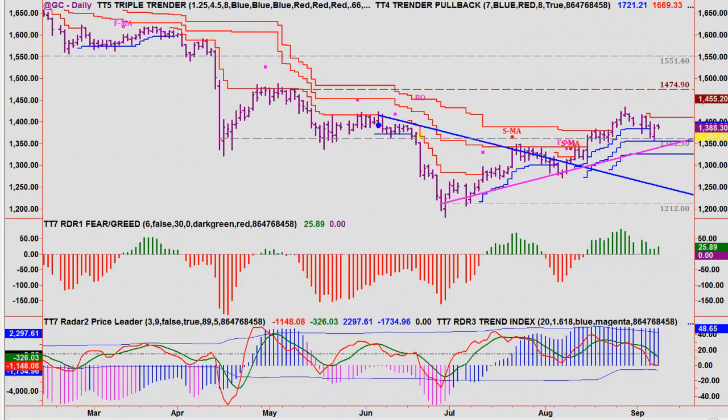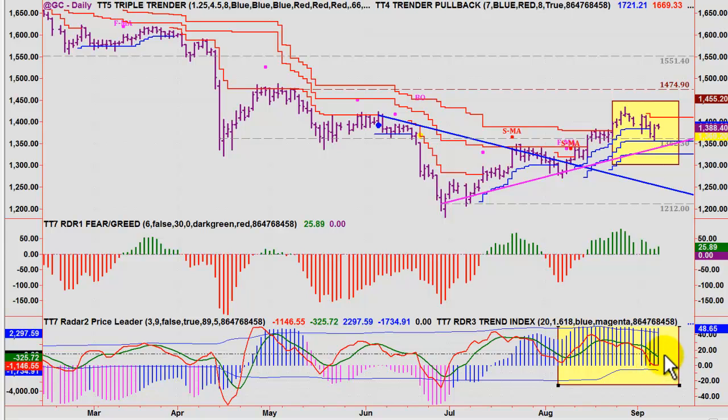Let's take a quick gander at the gold market. I'm happy to see that the trend is now officially up. You can see all three triple trenders are bullish, and we're getting the first pullback into the synchronized triple trenders. We have convincingly bullish radar 3 trend strength down here,